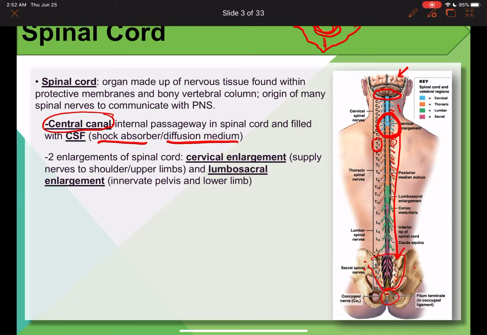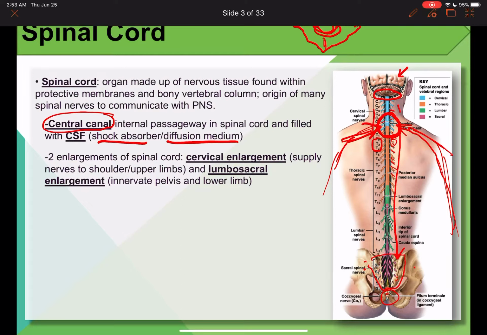And why it's enlarged is because it is where the nerves from the shoulder and upper limbs merge with the spinal cord. So all of those come in here, and the hand part all comes up towards this portion of the spinal cord. So that's why it's enlarged, because it's gathering a lot of axons and nerves, parts of the neuron,